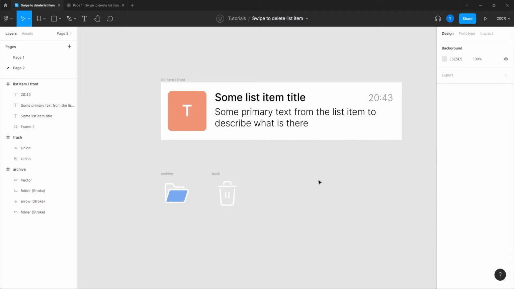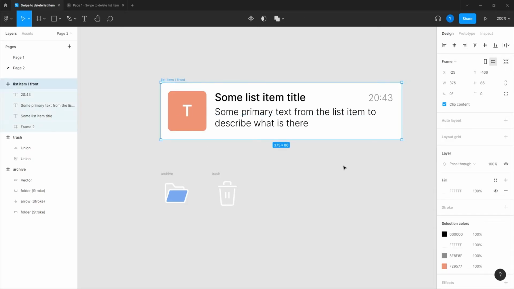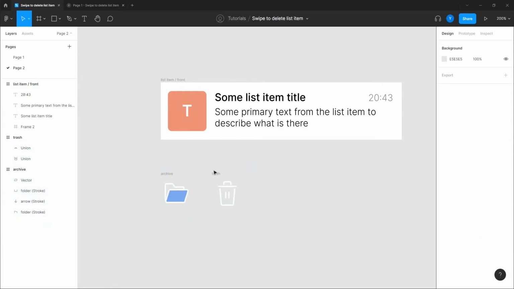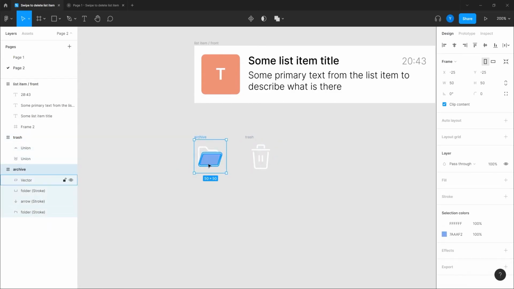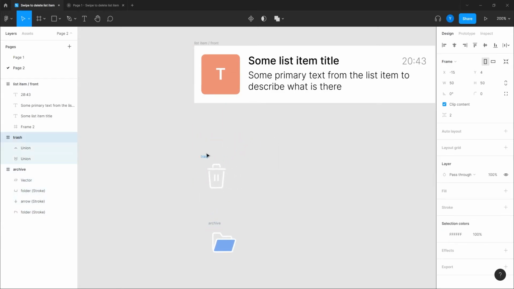Very simple, nothing too crazy, nothing too complicated. Okay, this is the list item, which I call front, and we will see how to do that in a sec. And these two icons which I pre-made to this tutorial, very easy icons, just the trash can and the folder icon. Okay, so let's see how to animate them quickly.